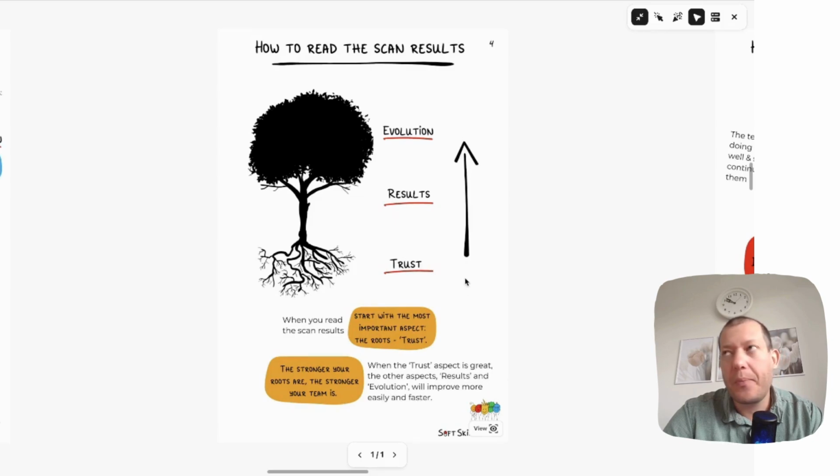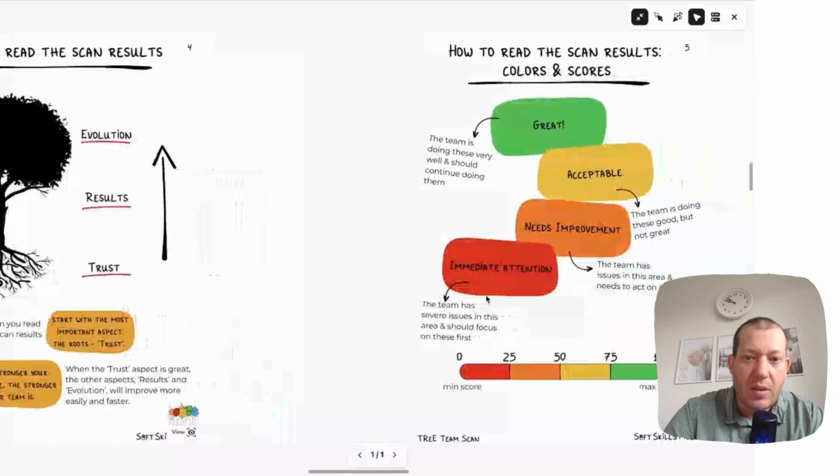The most important aspect of a team is the human aspect, and it is often overlooked. When you have strong roots, the tree becomes stronger. When you have weak roots, all the focus that you have on results or on external forces will not work that much if the trust aspect is weak. So the tool gives you